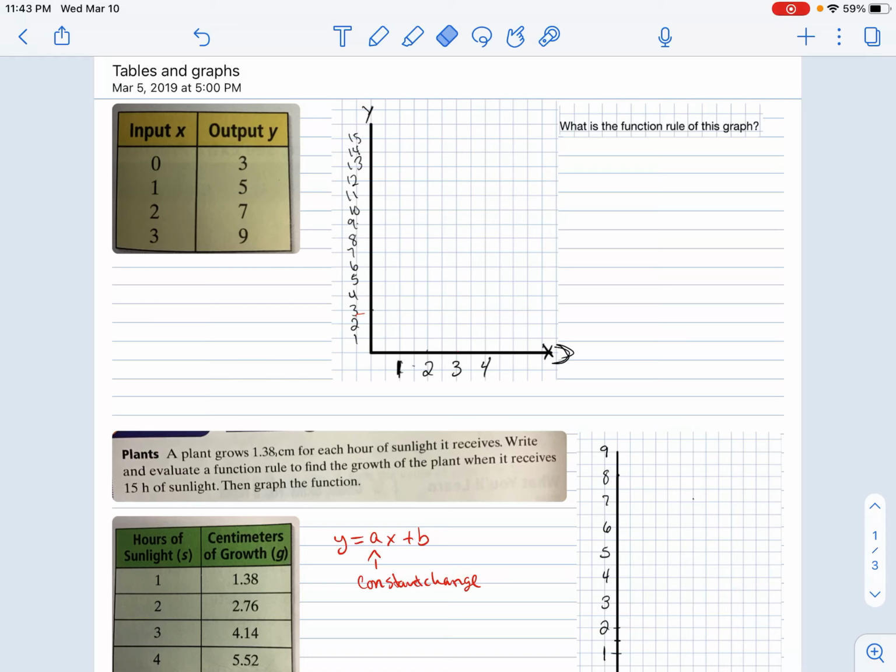All right, in this video we're going to go over using tables to draw graphs and also find a function rule. So we already know how to find a function rule from a table. So remember that's your y equals ax plus b, where a is the constant change that you get between your y values when your x is consecutive. So here you add 2,